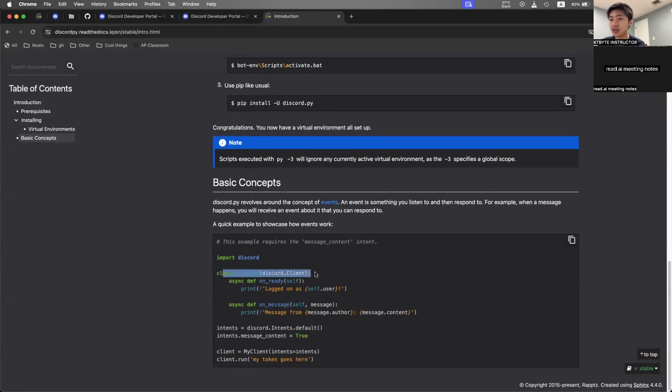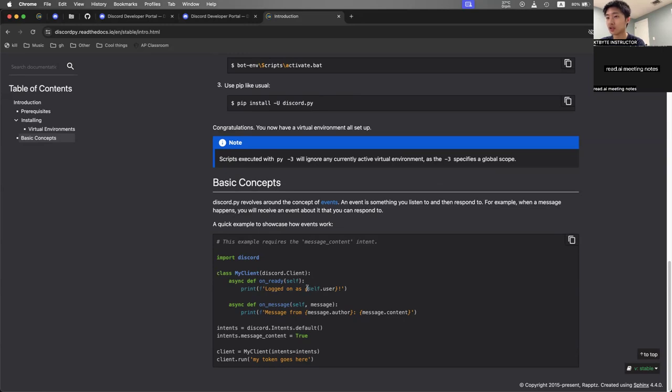Inside the class, there are two main functions, on_ready and on_message. on_ready runs one single time when the bot has connected to Discord and is ready to use. And in this demo, it will print